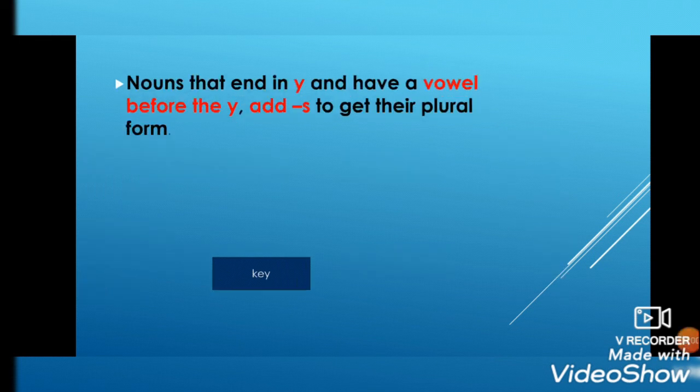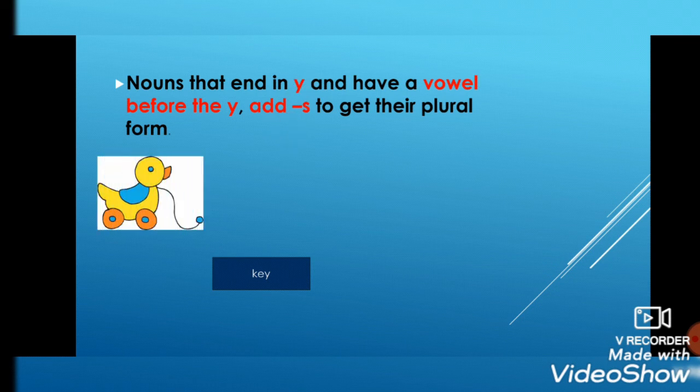Now, the last rule in this explanation is nouns that end in y and have a vowel before the y, add s to get their plural form. So if the noun ends in y and before it there is a vowel, we only add s to get the plural form. For example,